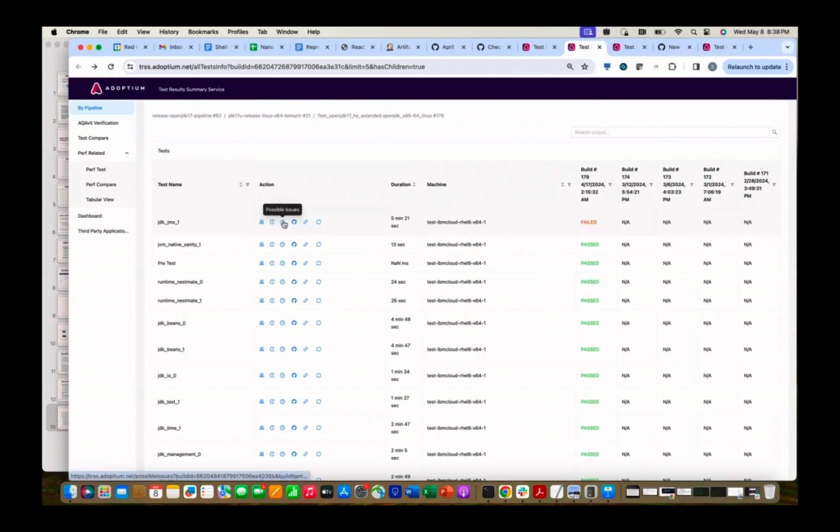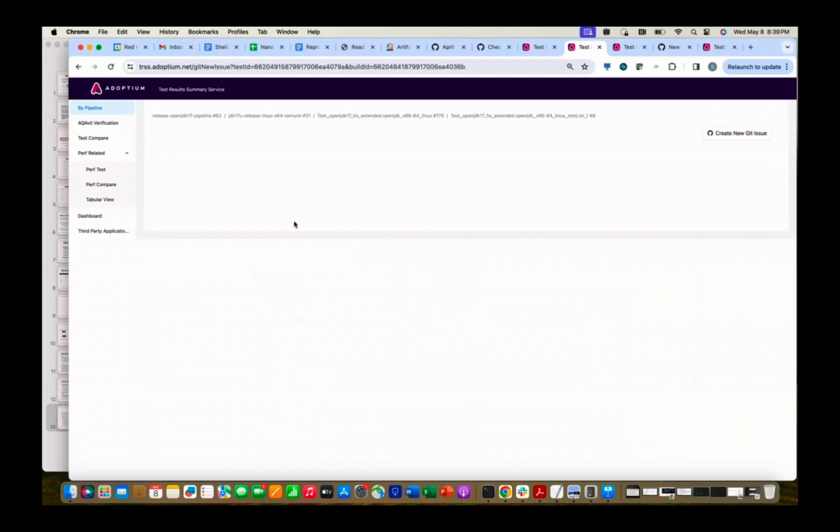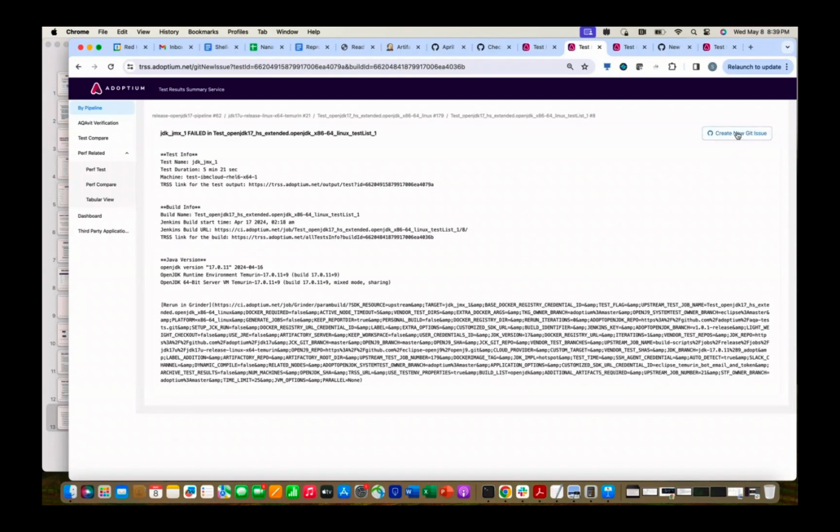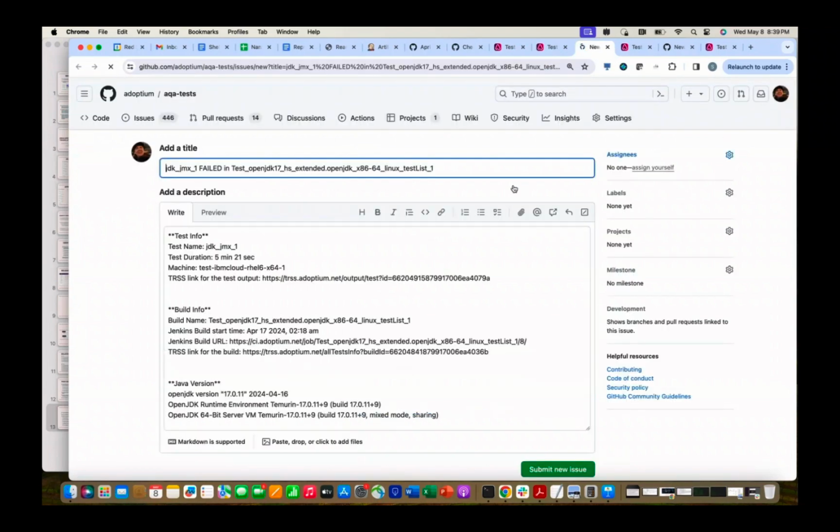All right. We can check whether or not there is already an issue raised in any of our repos at the project. I have already checked, and I know there are not, so I won't bring that up. But if there were, it would try to list them, and then I could determine, yes, I think this is the same issue, and I could update that issue with some more information. Since I know there's not an issue, I could create a new issue. And what this really does is just